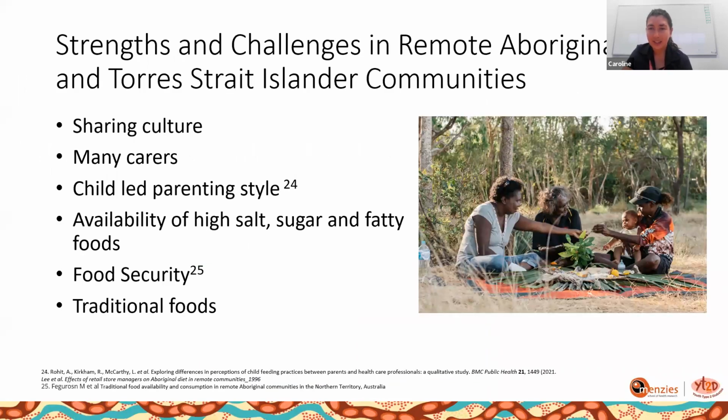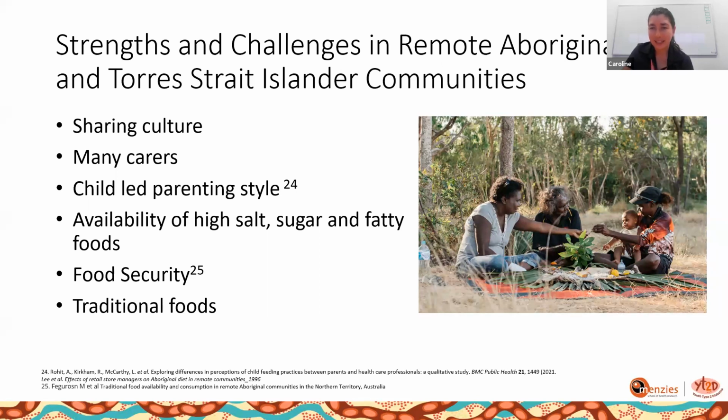So Aboriginal and Torres Strait Islander culture can be categorised as communal. So the focus is on families, the community or group, rather than the individual. Sharing food with family is a cultural obligation that can act as both a buffer to food security and a potential contributor if sharing food leads to running short themselves. There can be many carers for one child, with aunts and grandparents and sometimes older siblings also playing a role. It is therefore important to make sure that we're sharing all nutrition information with the entire family, so that they can support each other to provide healthier meals while also involving the child and youth.